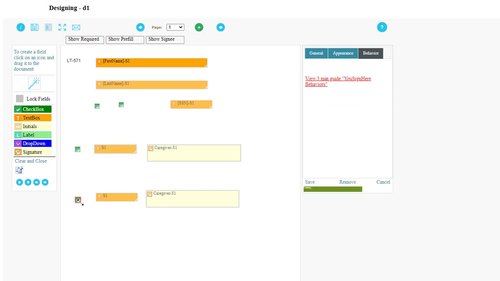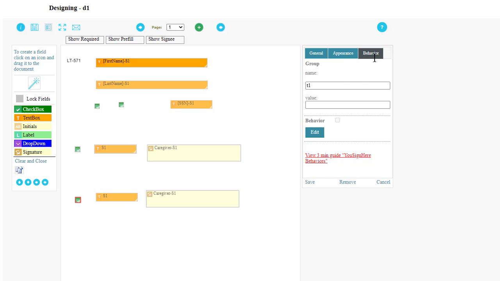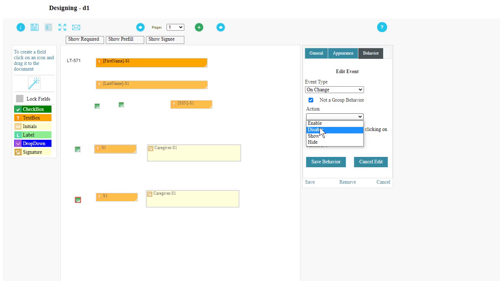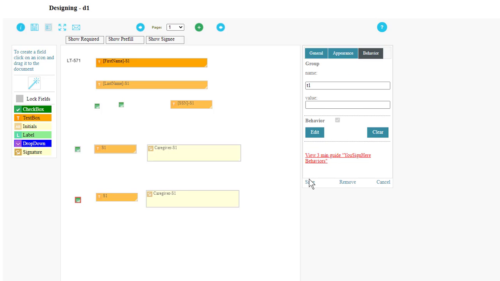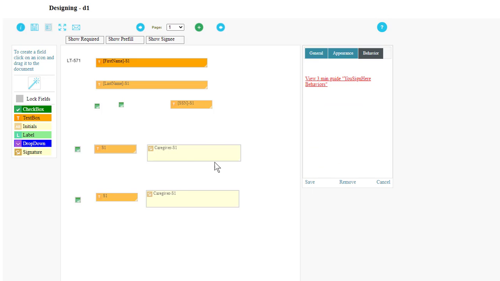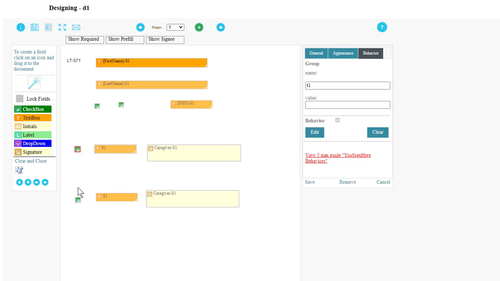The same thing we're going to do here. We're going to go to the behavior and on change, we would like to show those two fields. And this is done. To recap, we first made these two checkboxes in a single group,